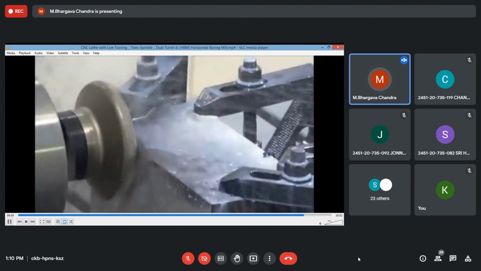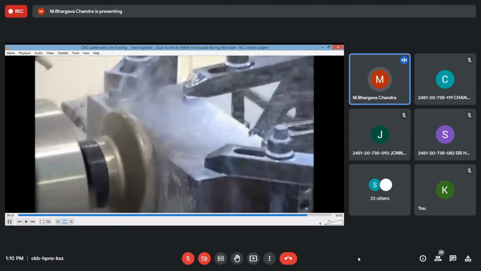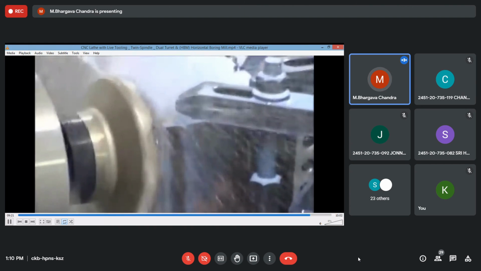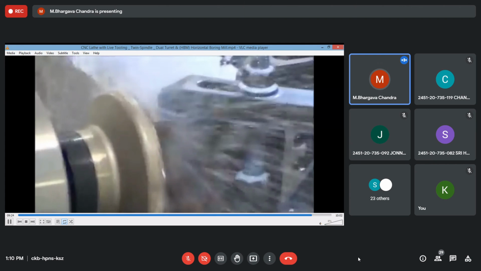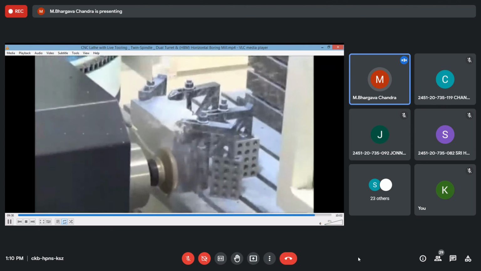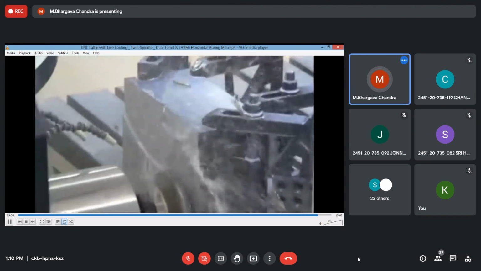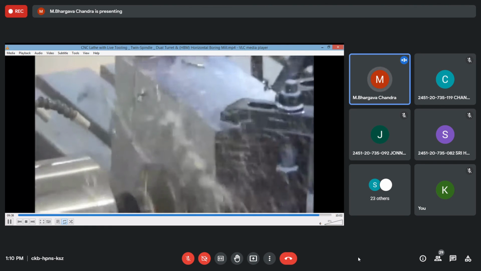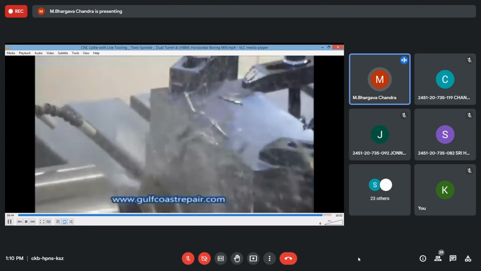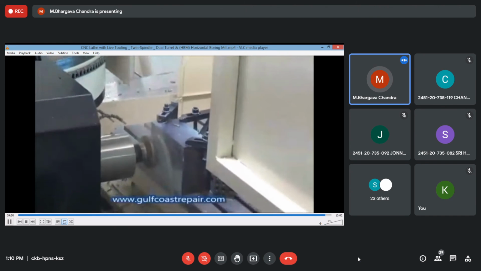This is grinding operation. Manual means you have to use a grinding machine. A grinding machine is available separately, apart from the lathe machine. So on a lathe machine, you cannot do the grinding operation. You have to remove the workpiece from the lathe machine, shift it to the grinding machine, and perform the grinding operation. And sometimes you have to move it to the milling machine for flat machining. So like that, you have to move the workpiece from machine to machine, which takes a lot of time. Whereas in a CNC machine, all operations are performed on the workpiece, so a lot of time gets saved.